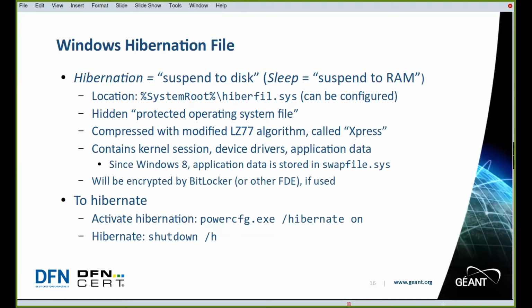Let me continue with the Hibernation file. Hibernation is just what we on Linux call suspend to disk, and sleep is correspondingly suspend to RAM. So the location is the same in the system root, the hiberfil.sys file. But this can be configured in your operating system settings, so you can put the hiberfil.sys on another partition, although Microsoft recommends not doing so, especially in the case of BitLocker on many